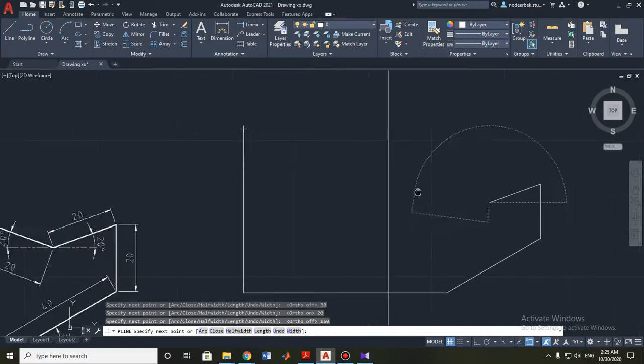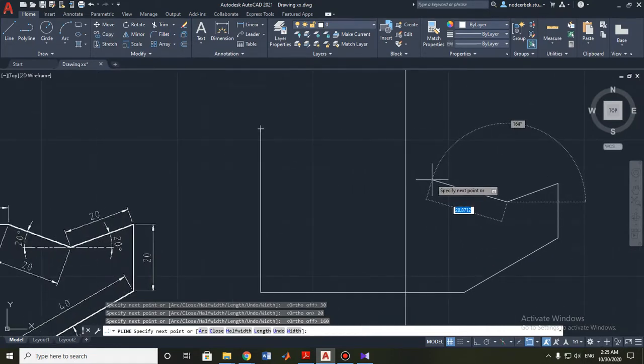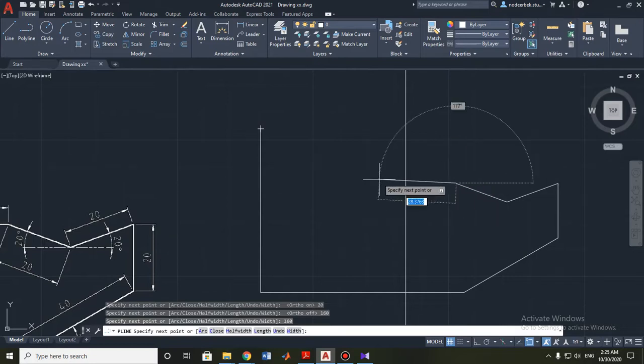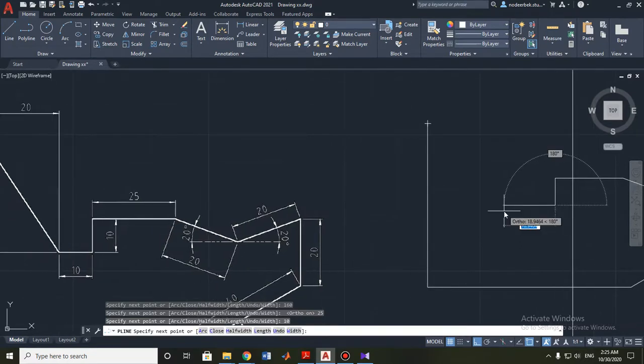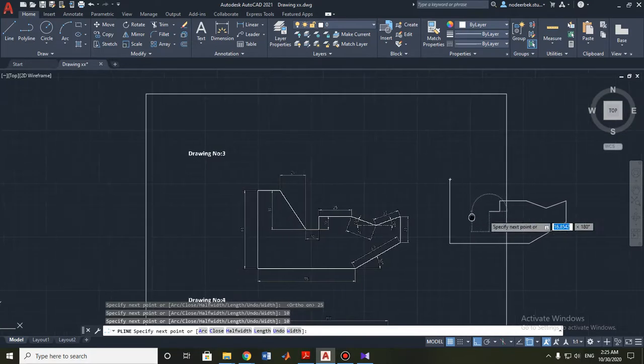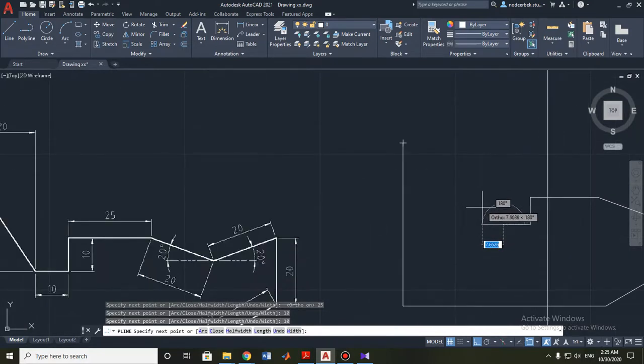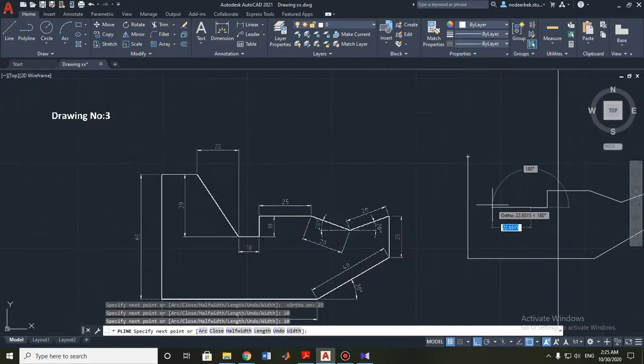Done. And then here the length is 20, so the angle also will be 160 here again. So I need to go like a horizontal line with 25 millimeters length. I need to go down 10 millimeters. I need to go left 10 millimeters, and then I need to, so here, we don't need the length